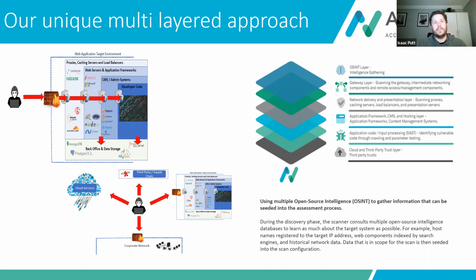These are the sorts of environments that AppCheck is building a mapped attack surface around in an automated setting, to identify all different facets and locations within your IT estate to understand, well, I need to build visibility. I need control of the security posture. So therefore, where could these vulnerabilities exist? So of course, we take these different approaches, such as the OSINT layers as well, when we do our discovery work, to try and ensure that AppCheck is delivering and firing on all cylinders when it tests for you.